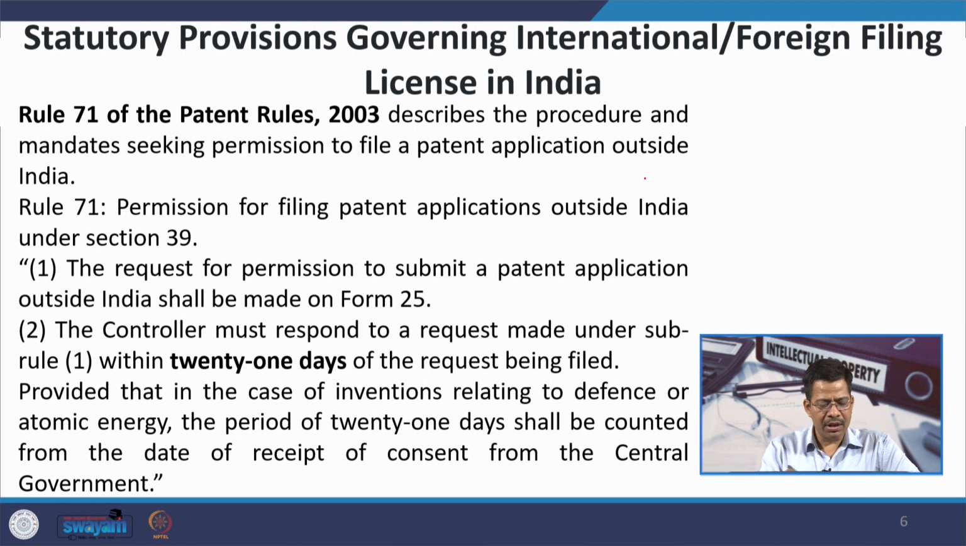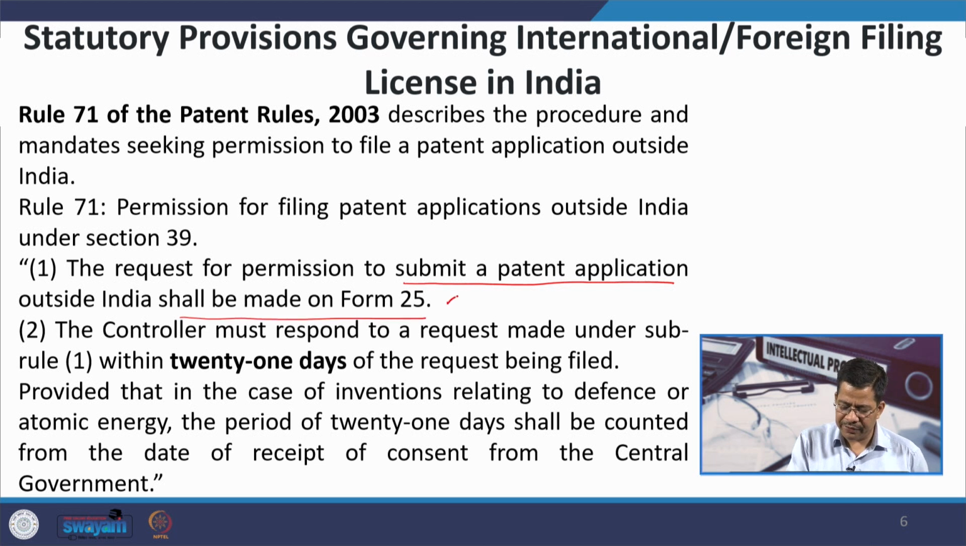And in this case, as per Rule 71 of Section 39 of our Patent Act, the request for permission to submit a patent application outside India shall be made on Form number 25, which is available on the patent website. The controller must respond to the request made under sub-rule 1 within 21 days of the request being filed. So, the controller office has 21 days to respond to that request, provided that,